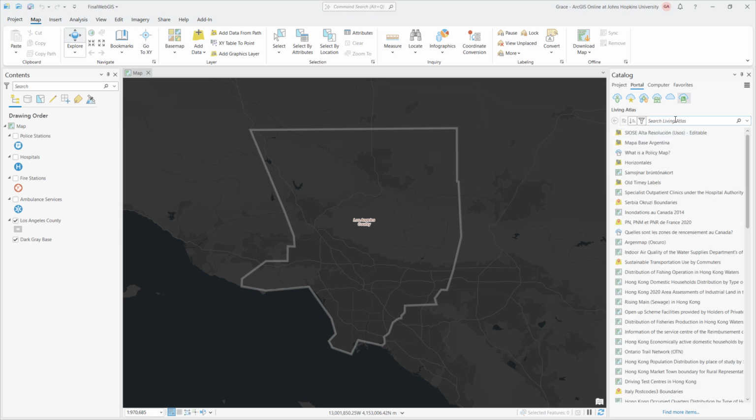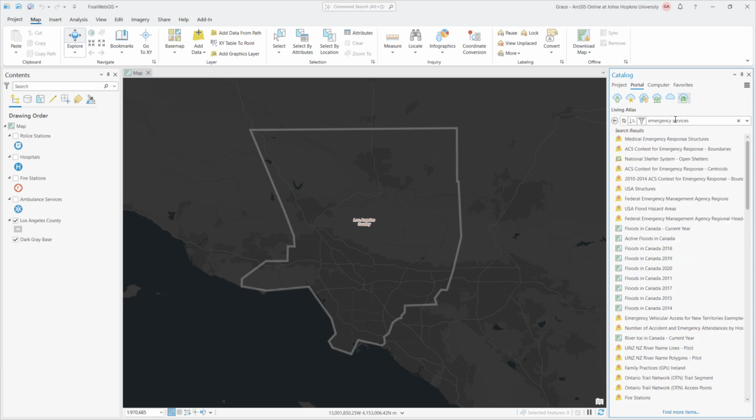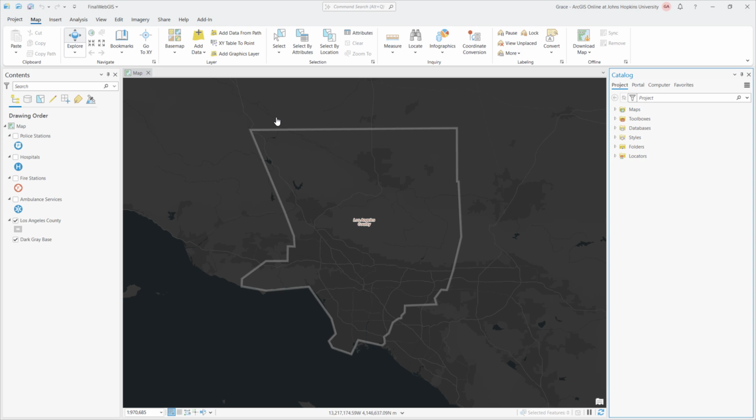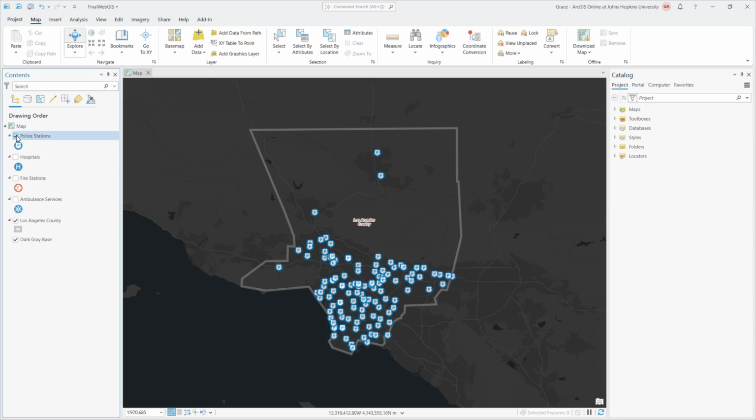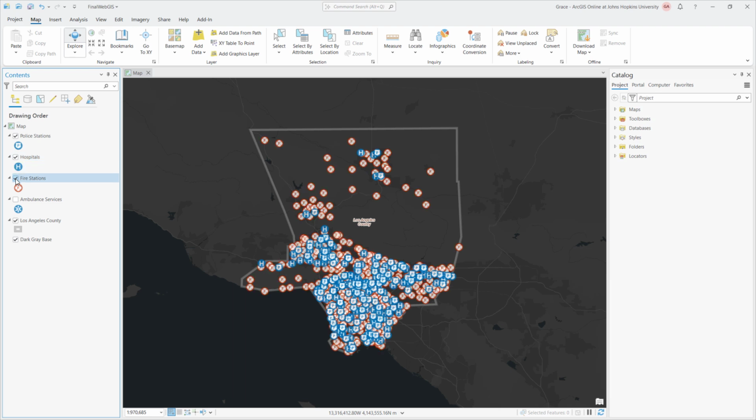After clearing the filter, I searched for emergency services to find the rest of my layers. You can see here that I found layers for police stations, hospitals, fire stations, and ambulance services. All of these layers have been clipped to the Los Angeles County layer so that the map is focused only